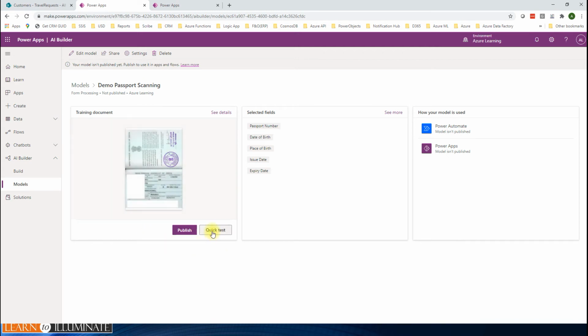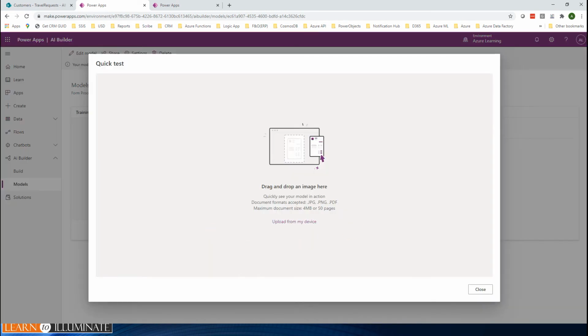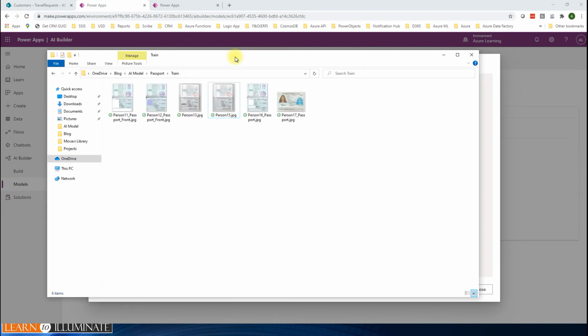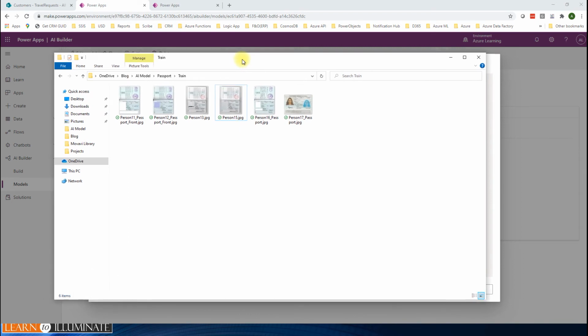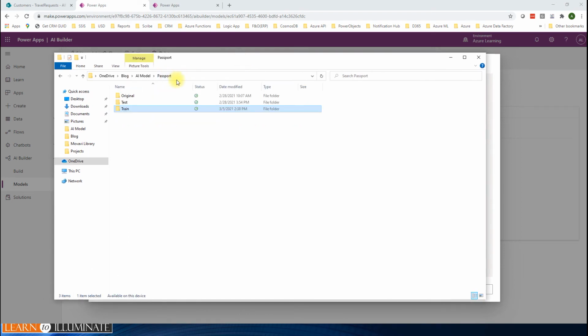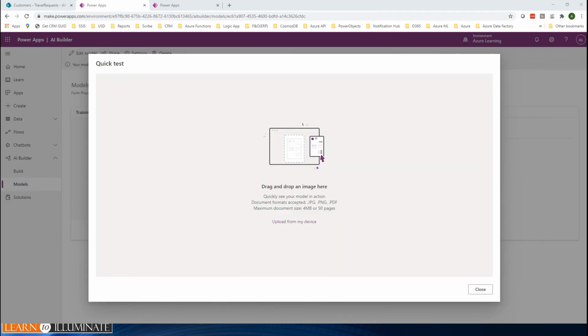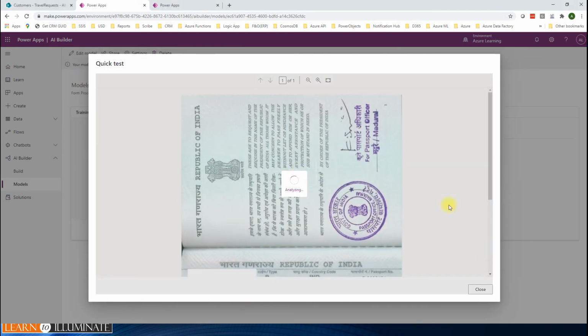So before publishing, we can have a quick test. So we have the trained model, right? We trained on these 5 documents, not one, and I'm going to select the test. I have a separate one. I'm dropping it. So now you can see the results, and it's going to highlight each one of them, and